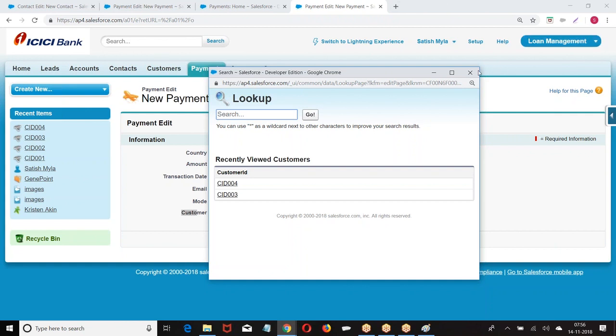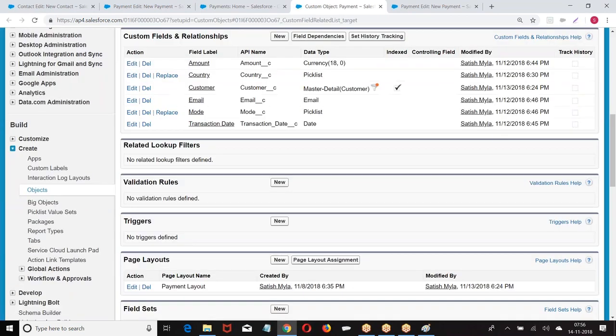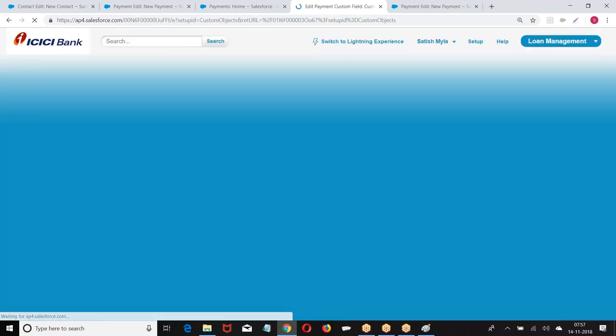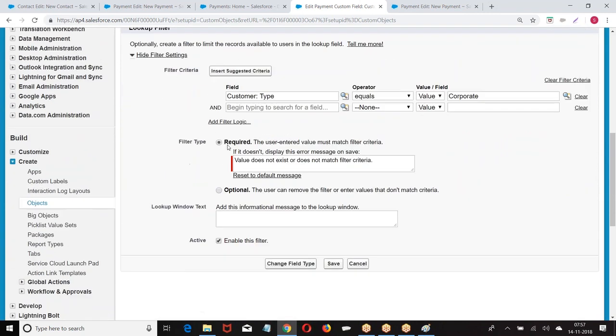Right. Okay. Now go back once again. I am going to master detail, edit, and I remove the filter. Filter condition I remove.